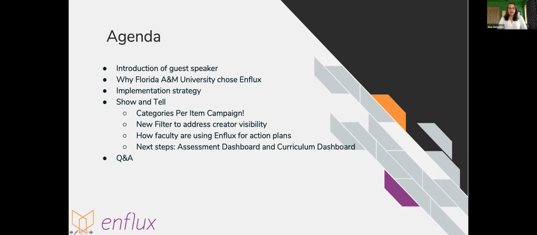Our agenda: I'm going to introduce Mr. Mobley to you, and Mr. Mobley is going to go over why Florida A&M chose Enflux and their implementation strategy. He's going to do a little bit of show and tell of the categories per item campaign that they did at their school, and some of the ways that Enflux was able to help find solutions to some of his issues as he was going through that campaign.